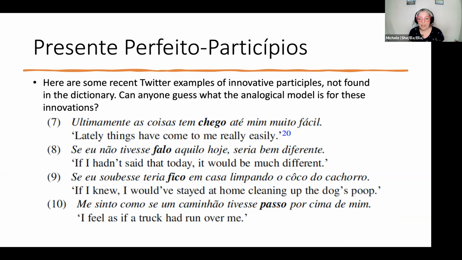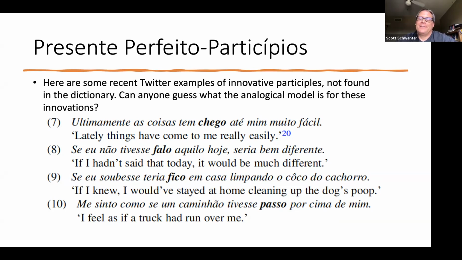I was also thinking about the subjunctive, because it's very easy and very common to see people say, você quer que eu faço? Você quer que eu falo? Right? And that happens as well when you talk about another person. Você quer que ela fala? Você quer que eles falam? And we know that that's not the right conjugation, but it's used, and it's become more and more common.